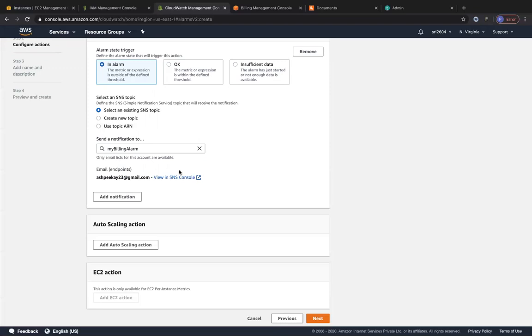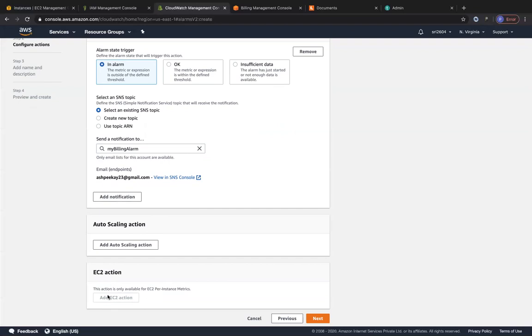So now let's go ahead and you can add any other notifications also that you want to. So you may have an admin team that is going to monitor all of this. So you may need to redirect it to your organization's administrator email address and so on, right? So you can also choose to do some kind of auto scaling action, but for the billing alarm, we don't want something like that. And it's only available for EC2's metrics.